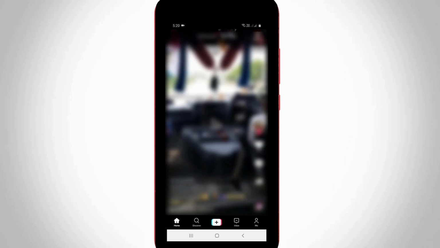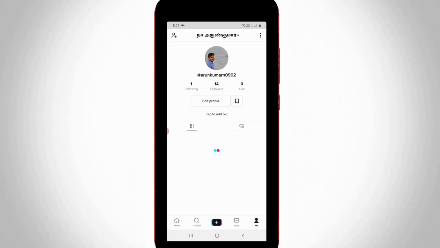Now in this homepage section you can press this Me icon, and it is placed at the bottom, the fifth one, and it shows my TikTok profile. But in this section you can note one thing. At the bottom of your TikTok bio, it has two icons, but simply you can select that heart icon and then